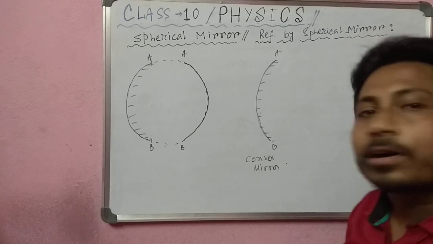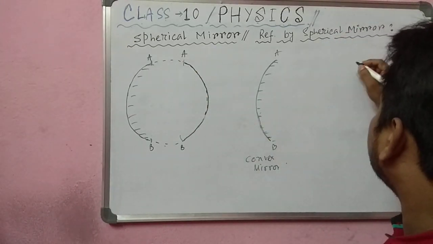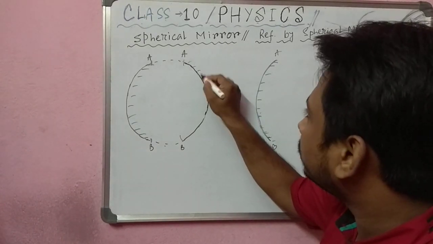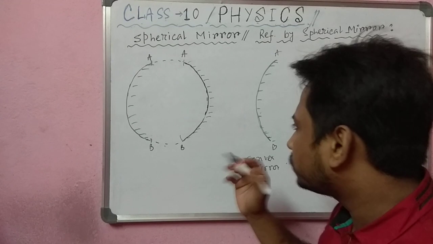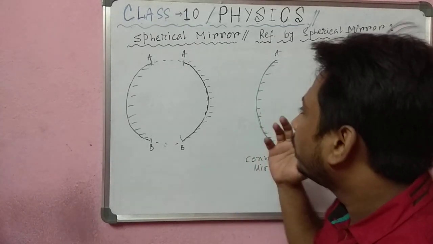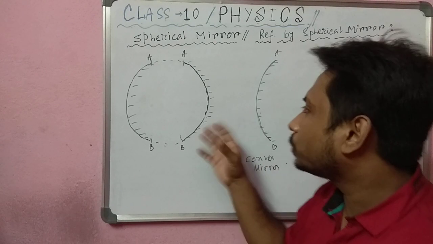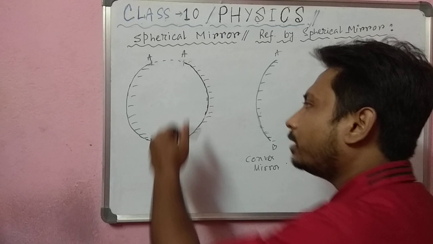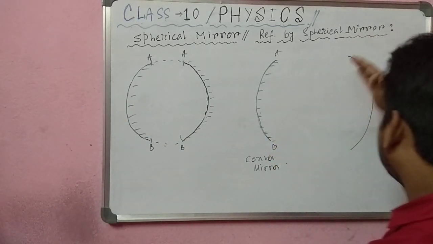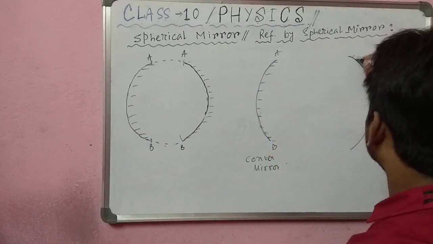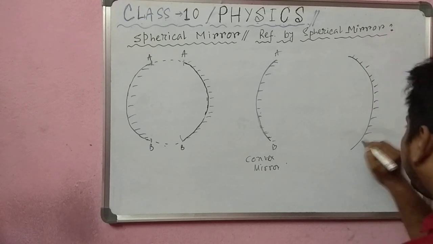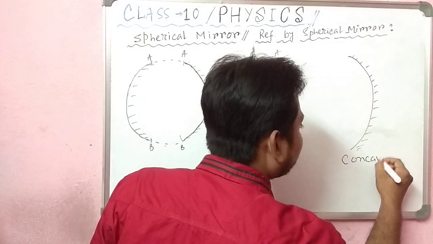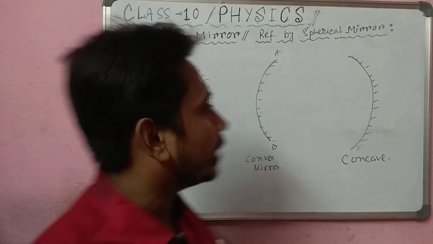Okay, and if you cut this side and put it here, and you silver this portion, students, see, silvering means nothing but giving some coating so that the light cannot penetrate through to the opposite side, it just bounces back and reflects back to the same medium again. That's why we cut this portion and we silvered the outer edge. So this mirror now becomes a concave type. This mirror is called a concave mirror.